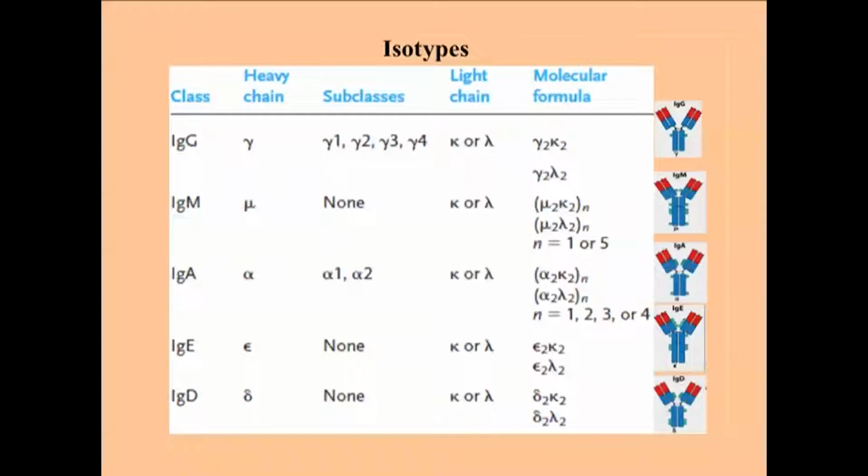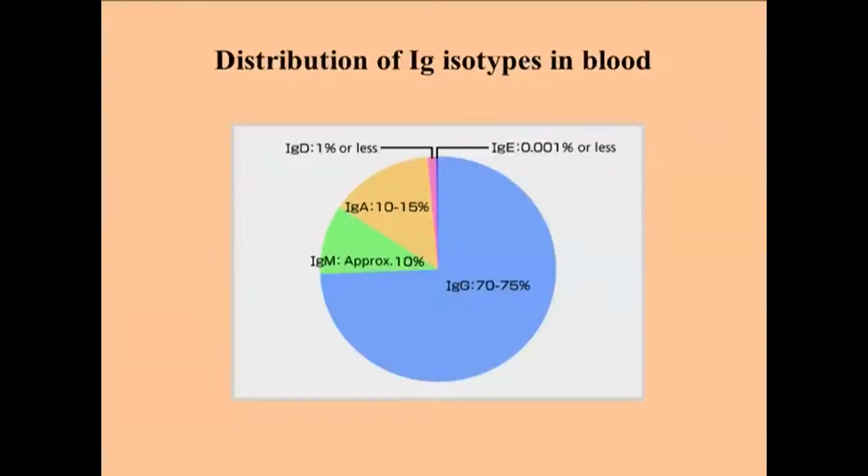And when the sequence is alpha, the immunoglobulin is called IgA. So 5 different constant region sequences are present in human, and each of them is called an isotype. So there are 5 isotypes of immunoglobulins present in our system. Now, if we look into the distribution of different isotypes in our blood, then we will see that the percentage of